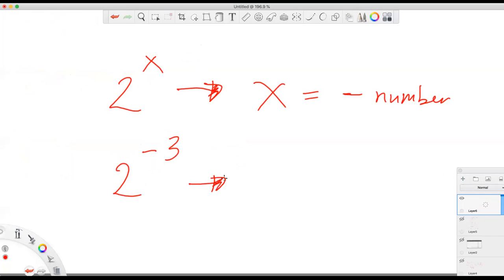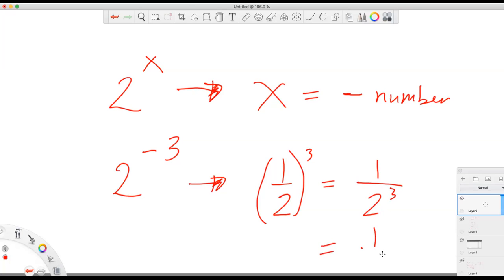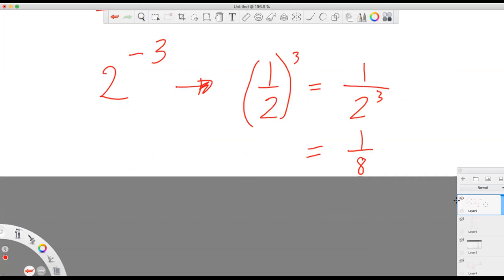It will become 1/2 raised to 3, or simply 1 over 2 raised to 3. So we have a positive exponent now in the denominator. And it will become 8. And then when you increase the numerical value in the negative, or go to the left, the smallest possible value of x, the denominator